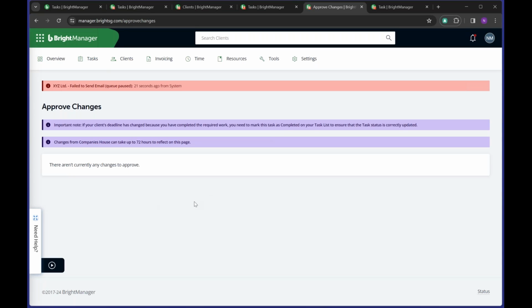So it might be things like confirmation statement dates. If you submitted the client's confirmation statements and Companies House have updated that, it will show the difference here. Or it might be changes to company information if they've changed their address or anything like that. Again, it will show those changes here,